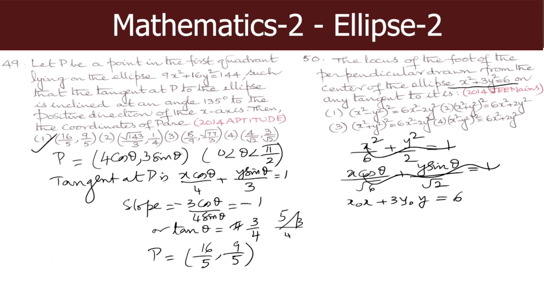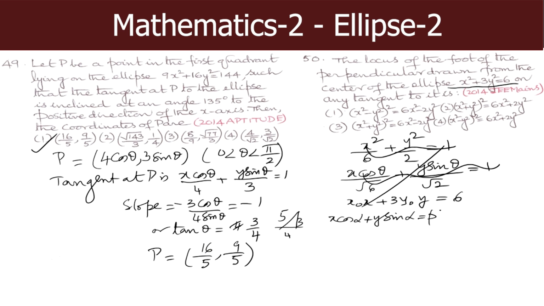Locus of the foot of the perpendicular drawn from the origin to the ellipse. Perpendicular drawn from the origin to this tangent. Well, let's take the equation in a slightly different form, because it will be more complicated. Let us take the tangent equation in the form x cos alpha plus y sin alpha equal to p,